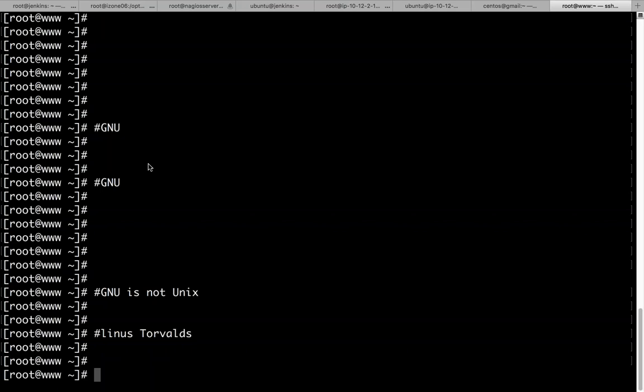Now, during the same period, a student sitting in Finland University during the early 1990s, he was also creating a hobby project. This was a hobby project for him to create a Unix-like operating system to be installed on his home computer. So he was actually not willing to challenge the people behind Unix, similar to what Richard Stallman did, but he was actually trying to create something which he can install on his own computer at home. So that was what he was trying to do, and he in fact successfully created it.